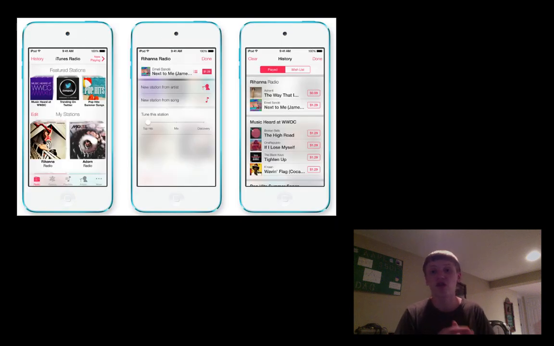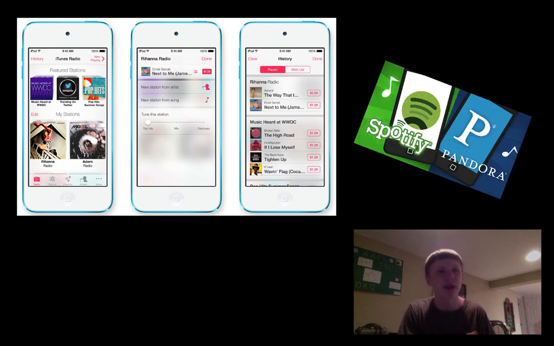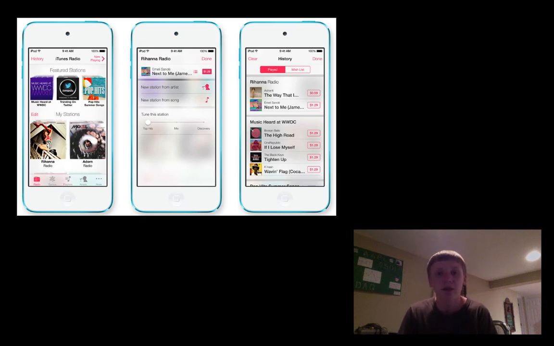iTunes Radio, which just a couple days before WWDC we were speculating about, is pretty much, I'm sorry to say it, the killer of Spotify, and especially Pandora. I mean, with Spotify, you could search up anything and listen to it as much as you want, but you do have to pay for it, especially if you want it on your iOS device, and you have to pay for it if you don't want ads. It is a free service, but if you want everything, like I pay $10 a month for Spotify to get everything on my phone. However, after seeing iTunes Radio, I think I'm going to cancel my subscription